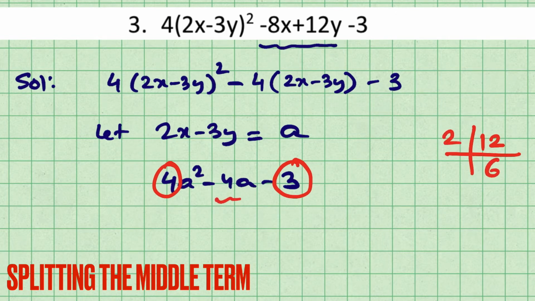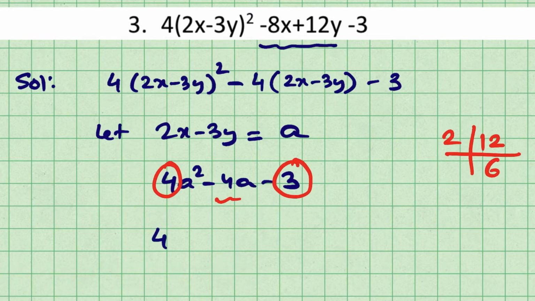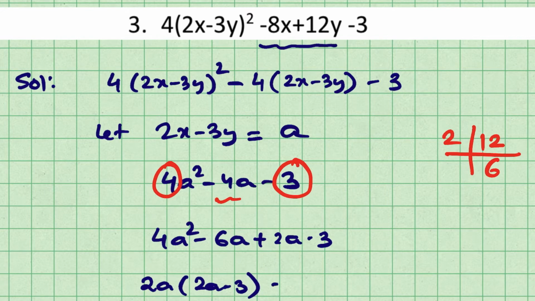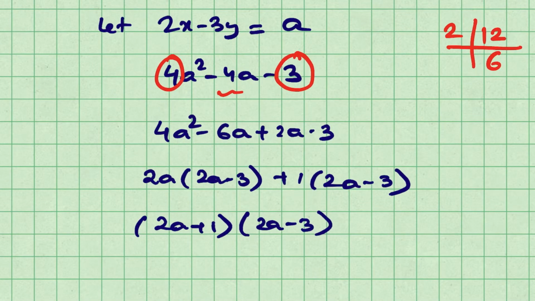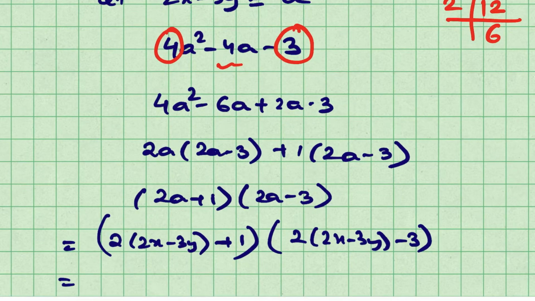So if I do 2 and 6, that will generate 4. So we can safely write minus 6a plus 2a minus 3. If I take common, this is what I'll get. So the equation will be factorized into 2a plus 1 into 2a minus 3. Now in the final step, let's replace a with 2x minus 3y. So we'll get 2 times this. Therefore the final answer can be written as